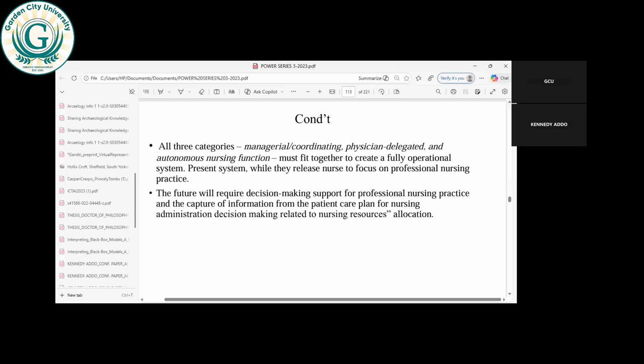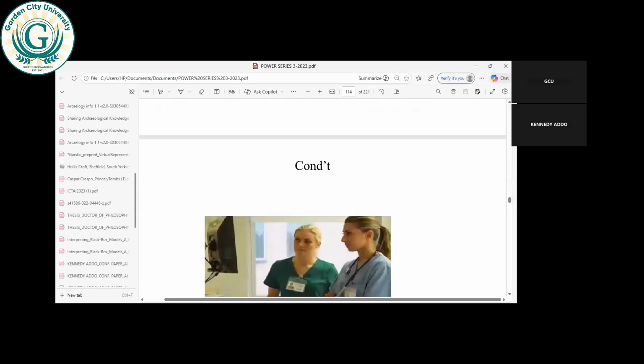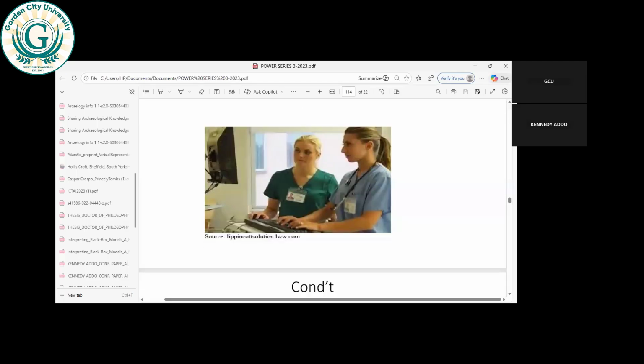So the present system releases nurses to focus on professional nursing practice, while the future will require nursing decision-making support for professional nursing practice. Looking at it from the nursing care plan in terms of decision making, right? So this is an instance of nurses working independently or having autonomous work